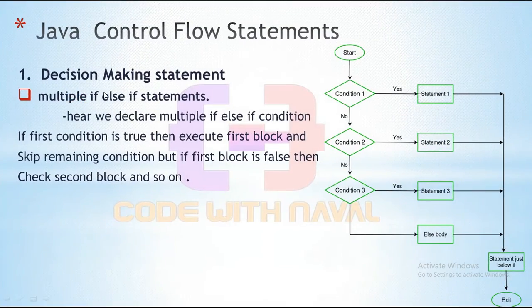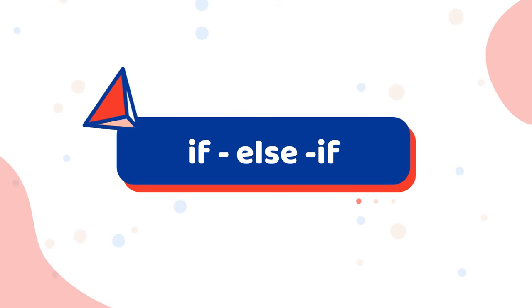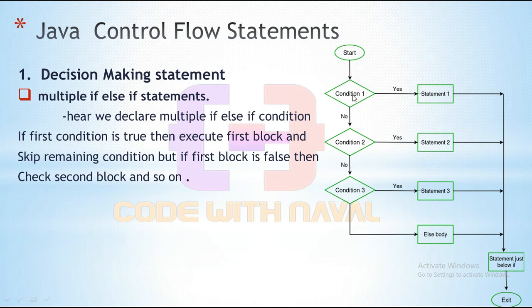Now we have the multiple if else statement. You can see here we have a start, then the first condition. If this condition is satisfied, then execute that statement and close this flow. If that condition is not satisfied, then check the second condition. If the second condition is satisfied, then execute that block of code and directly jump past this structure. Here it simply checks the conditions one by one. If the first condition is not satisfied, check the second. If the second is not satisfied, check the third. If the third is not satisfied, then finally execute the else block.